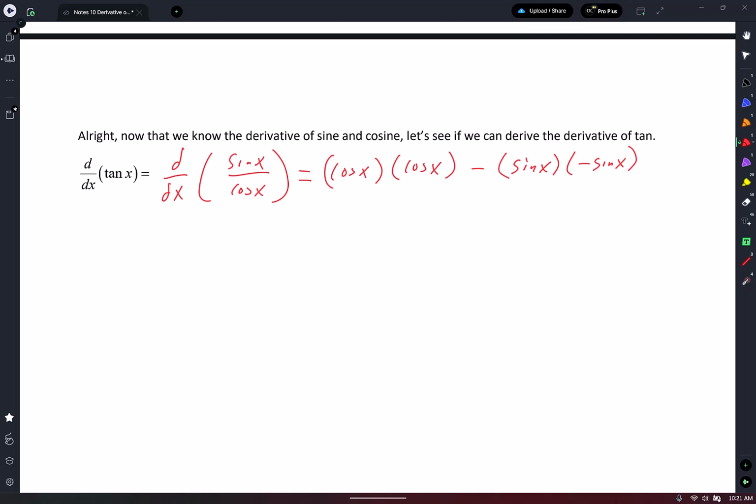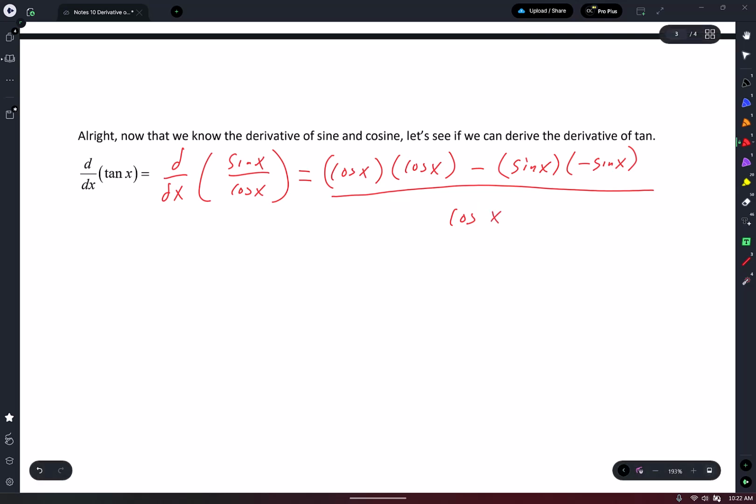Okay, bottom times derivative of the top. Bottom is cosine x. Derivative of the top, derivative of sine x, is cosine x, minus top, sine x, times derivative of the bottom. The derivative of cosine x is negative sine x. Do you see where we're at? Okay, all this is over cosine squared x,